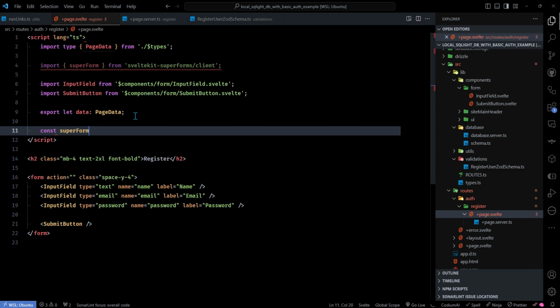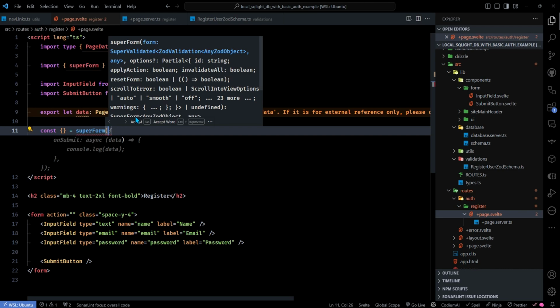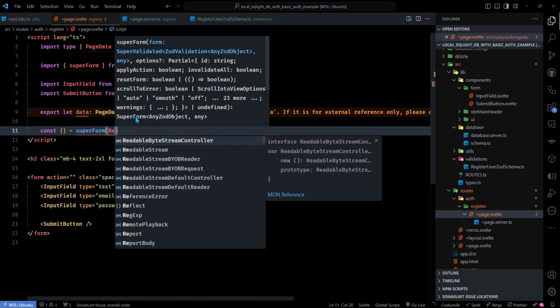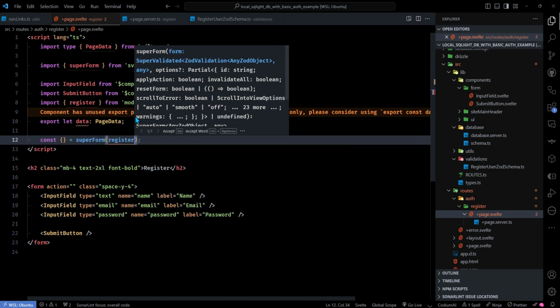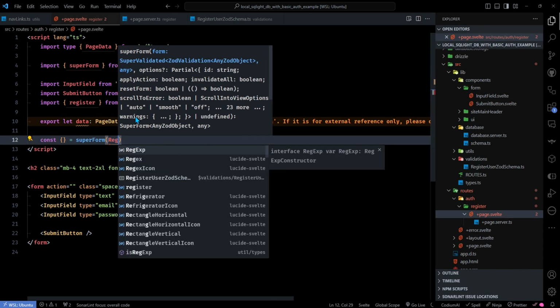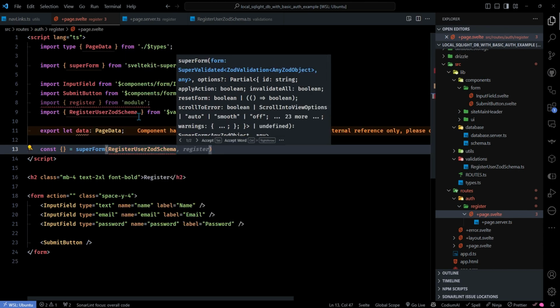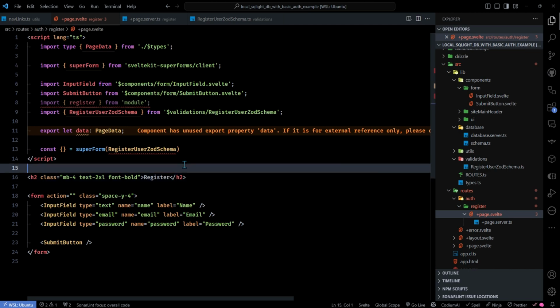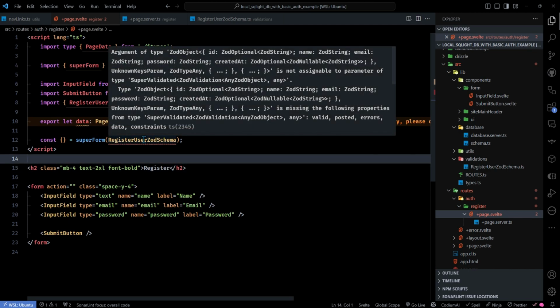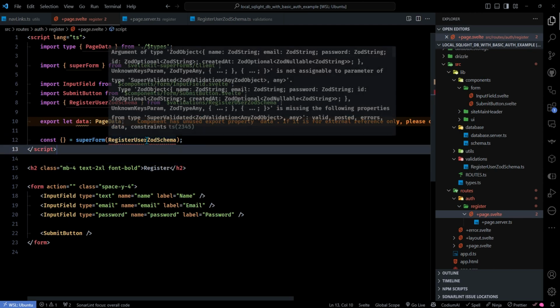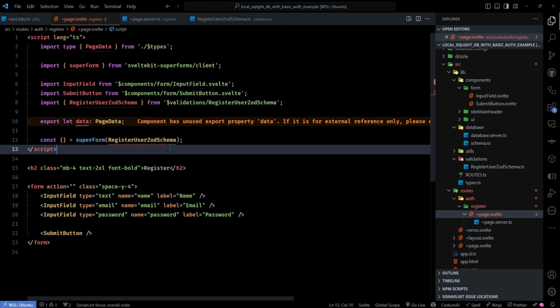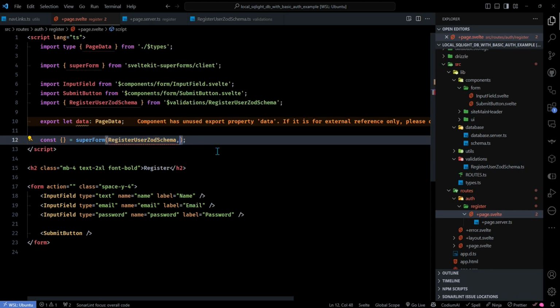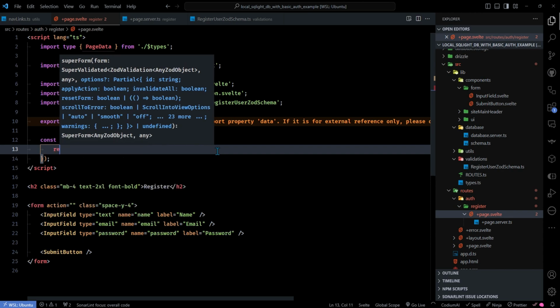Const, oops, we want to do a destructuring object, superForm, and that one, let's see, it accepts the first parameter is again that Zod schema, registerUserSchema. Awesome. That's just how this library is set up. I'm not sure why the error is, but we will get back to it. And the second